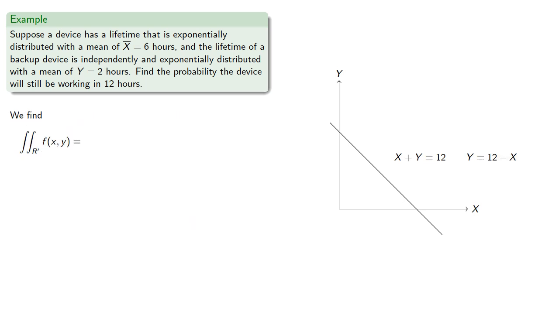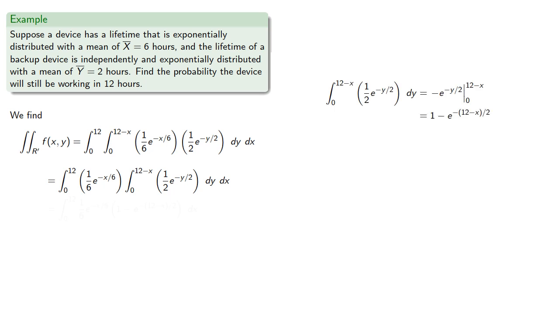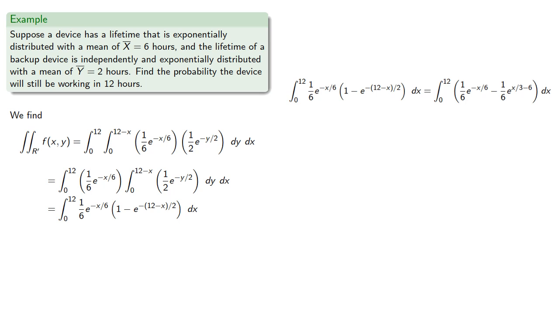And so we want to find the probability that x plus y is less than 12, which is over some other region. And again, there doesn't seem to be any preferred direction of integration, and so our integral will be, which we evaluate as, and remember we're looking at the probability that x plus y is greater than or equal to 12, so that's